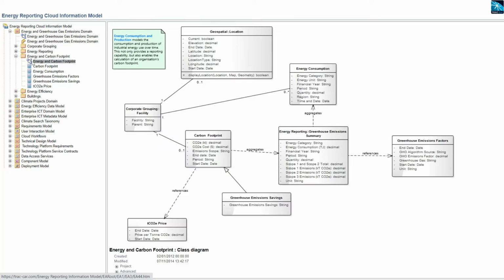For those organizations required to report on their global and annual national energy use and greenhouse gas emissions, the Trac model provides the framework for standard reporting categories, making it easy to apply conversion factors for greenhouse emissions reporting. These conversion factors apply to all energy consumption activities, such as electricity, gas, water, vehicle fuel, waste disposal into the